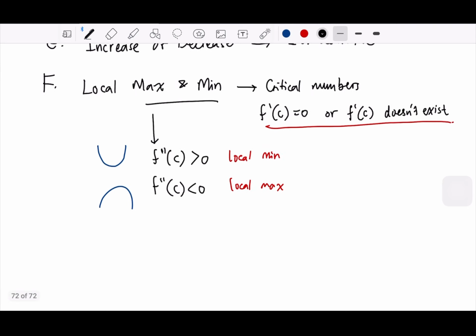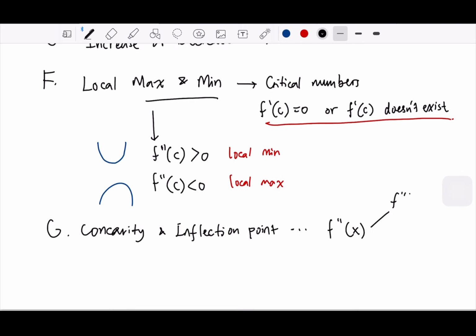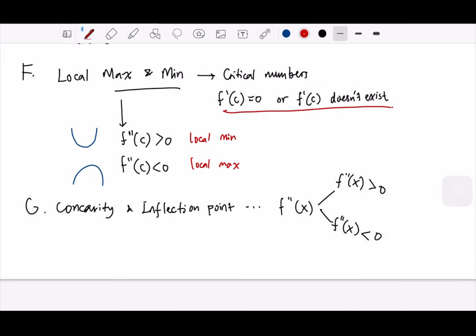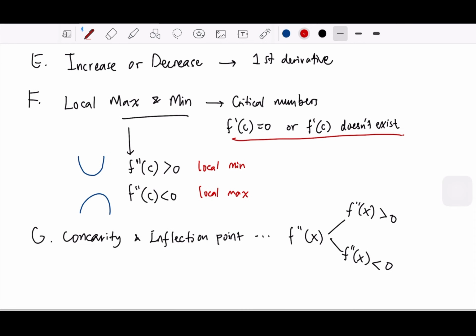And the next section is about concavity and inflection point. Of course, we are going to use the second derivative to check whether it's upwards or downwards, and check the interval. And when the concavity is changing, we call it an inflection point. So an inflection point is